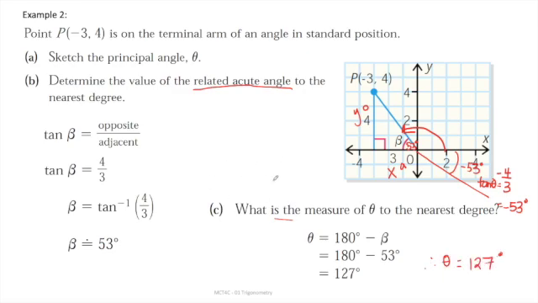Okay, so a little bit different this time just because we took away that negative, but you can do it either way. You just need to realize that that -53 doesn't make sense down here. It's not even in the triangle you're talking about, so you need to transfer it up to be where that angle beta is for your related acute angle. Okay,